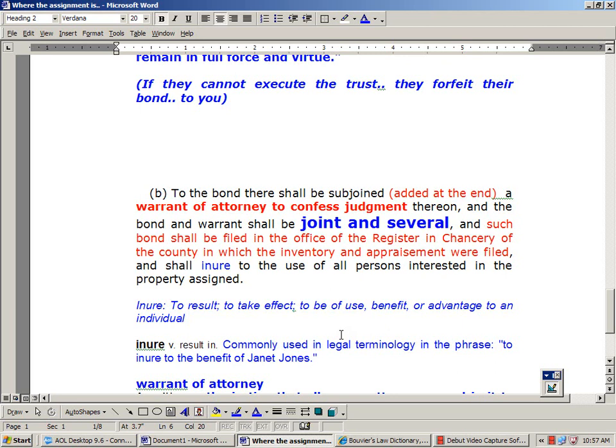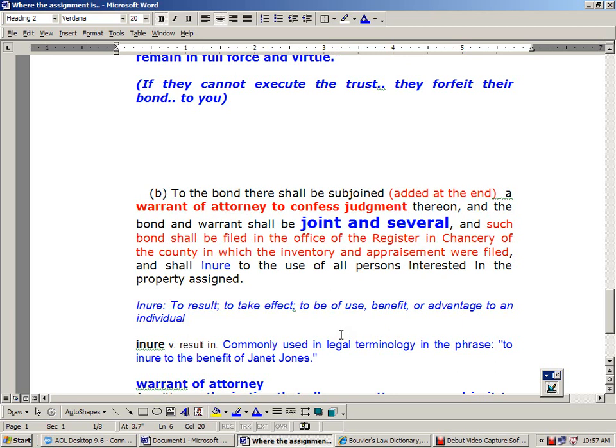To the bond there shall be subjoined, added at the end, a warrant of attorney to confess judgment thereon. And the bond and warrant shall be joint and several. And such bond shall be filed in the office of the Register of Chancery of the county in which the inventory and appraisement were filed, and shall inure to the use of all persons interested in the property assigned. So this bond